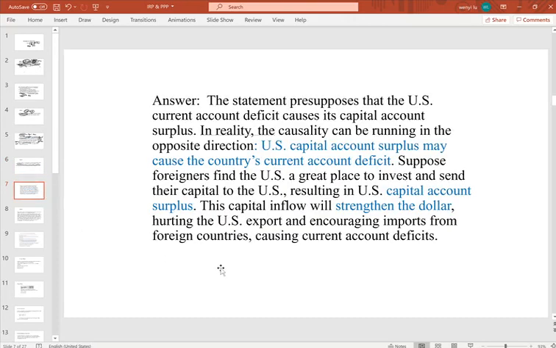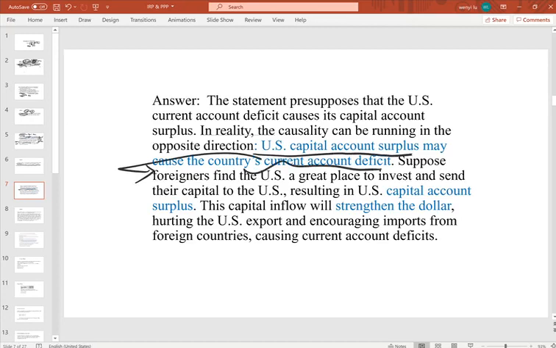The statement presumes the US has a current account deficit, and this is called the capital account surplus. In reality, the causality can run in the opposite direction. The US capital account has a surplus, and this can cause the current account